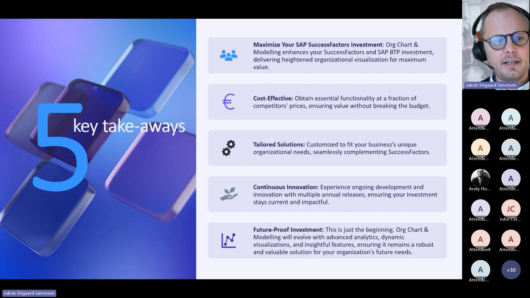So basically, in short, there's 5 key takeaways that is important to touch upon. With this tool, you maximize your investment in SuccessFactors. So basically, both your SuccessFactors investment, allowing you to do a much needed and fairly critical function within your HR tool, and that is the modeling, but it also increases and maximizes your investment into SAP BTP. Most of you will have BTP solutions, or not solutions, but the BTP platform already, and with this one we simply tap into that